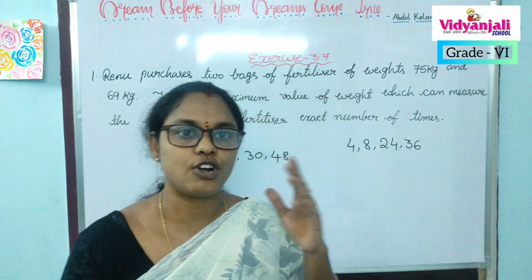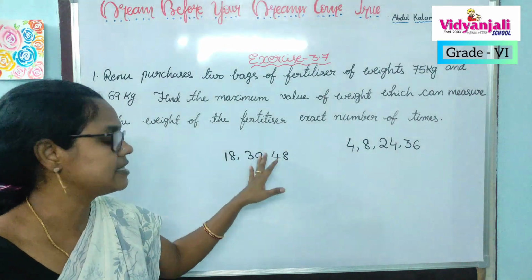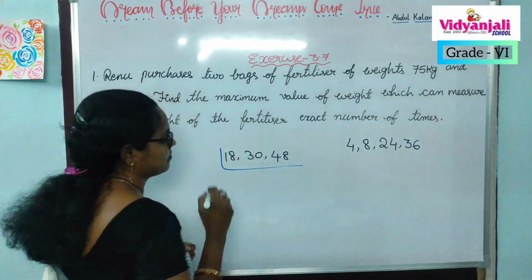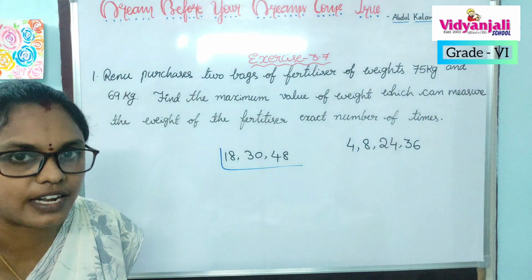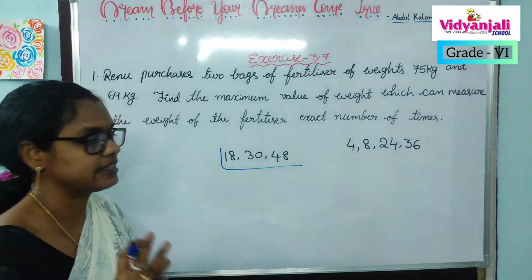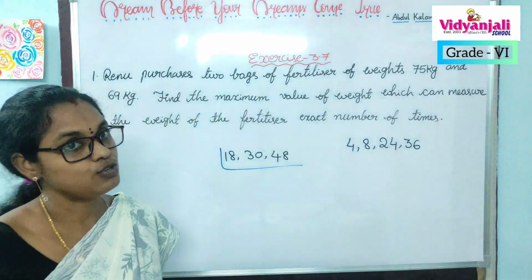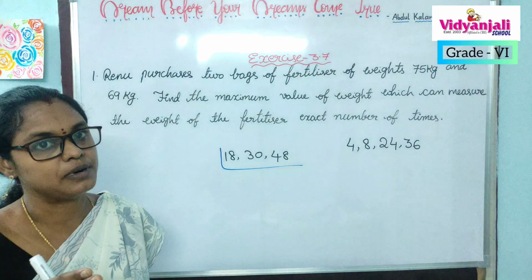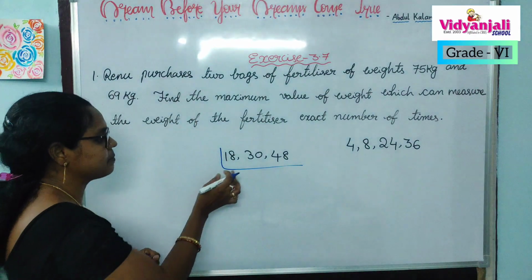Let's recall the short division method. Here, I have written 3 numbers, children. Let's find the LCM by short division method, okay? See, by drawing this line, I think you can understand and you recollected what is short division. Here 18, 30 and 48, 3 numbers we have. In which table these numbers come, we have to check. And which table you are choosing must be a prime number, right? What are prime numbers? 2, 3, 5, 7 and so on, right? So, let's choose a prime number.